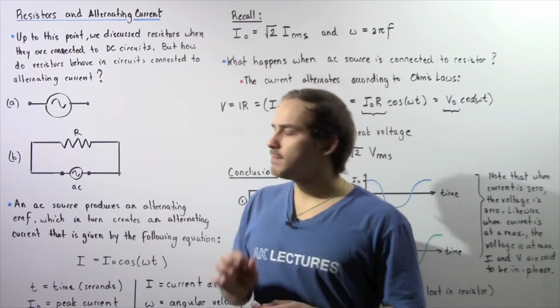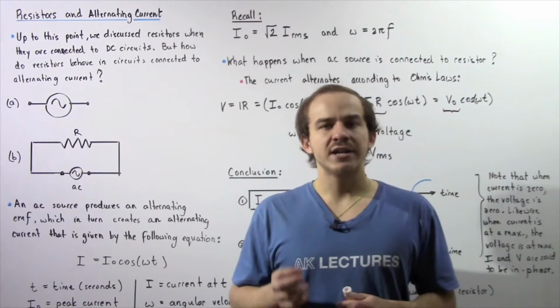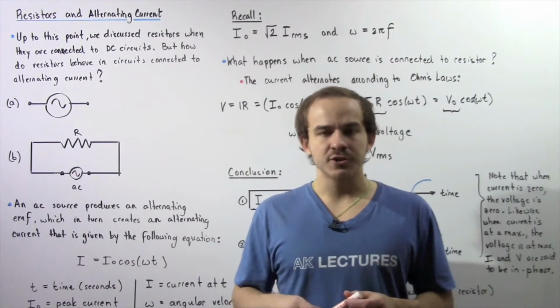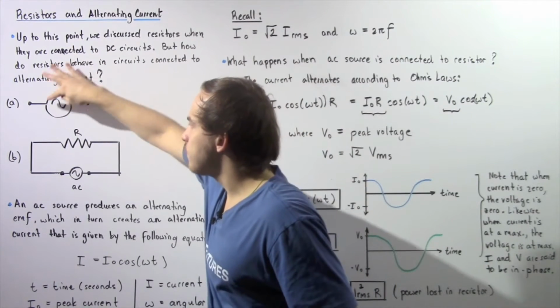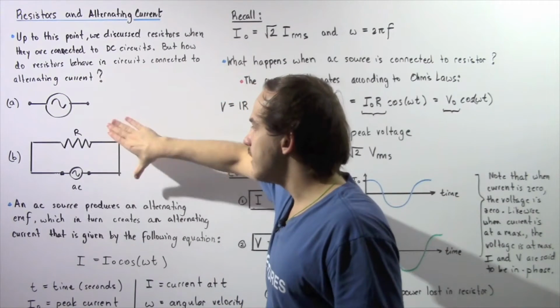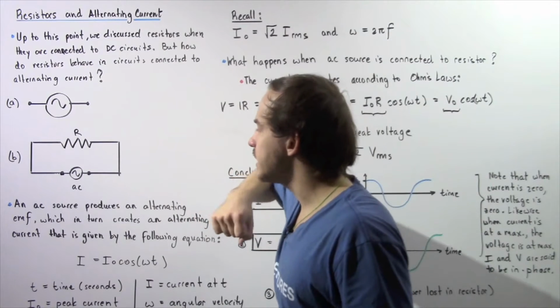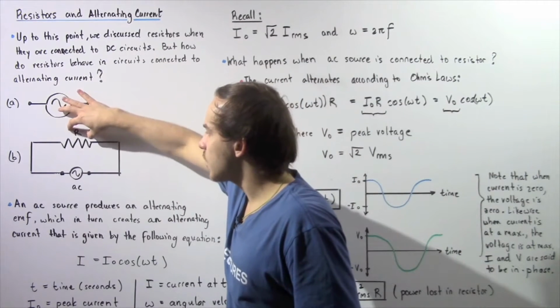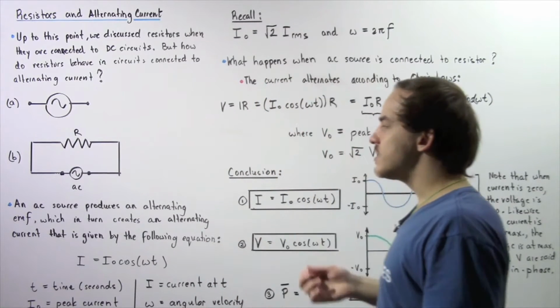So, let's begin by defining the symbol that describes the voltage source that creates an alternating electric current. Now, this is the symbol that describes our voltage source that creates an alternating electric current. And this diagram B describes our circuit that contains a resistor that is connected to our voltage source that creates